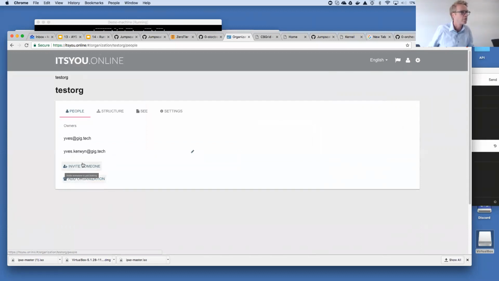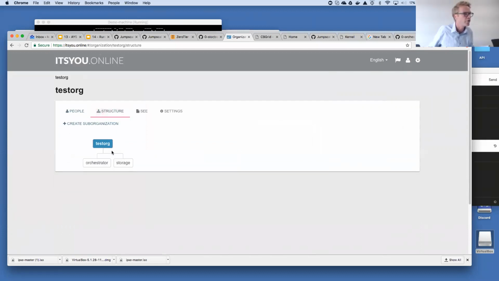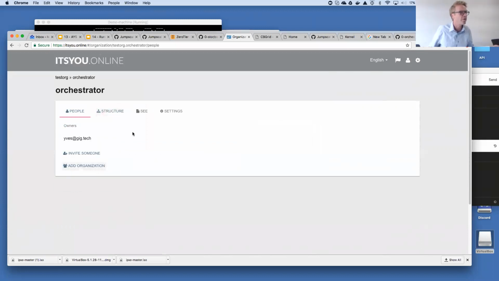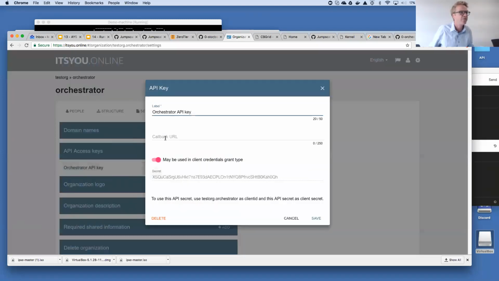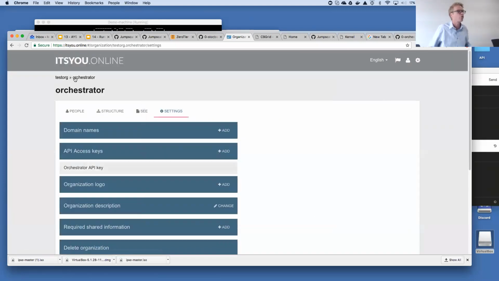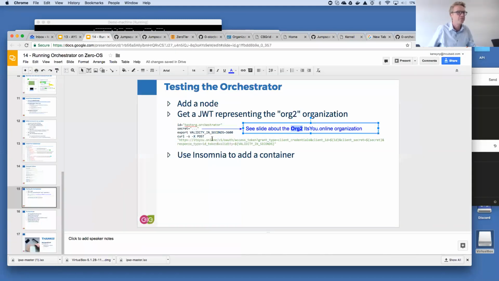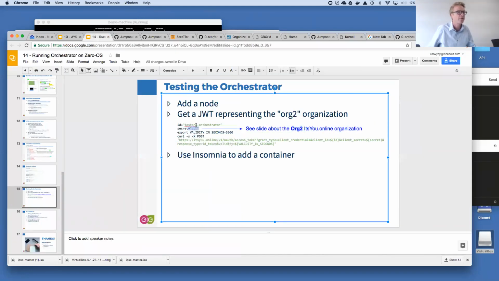You go to structure. You go to orchestrator, and there you should create an API, and this value is a secret. And then test.orchestrator is what you will pass as the client ID, and then the secret you just saw.